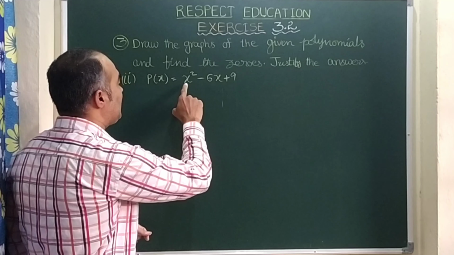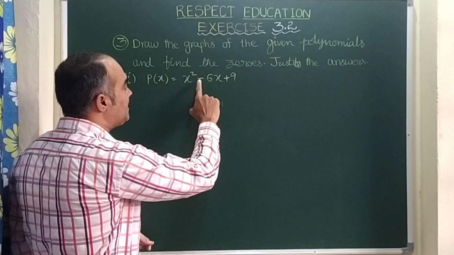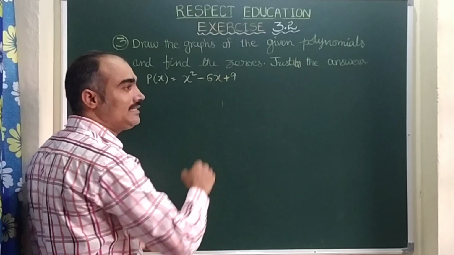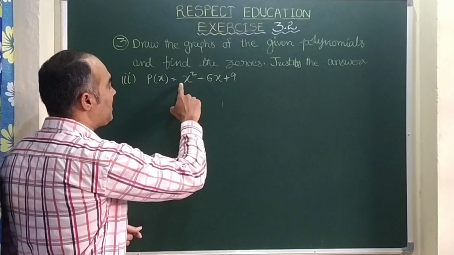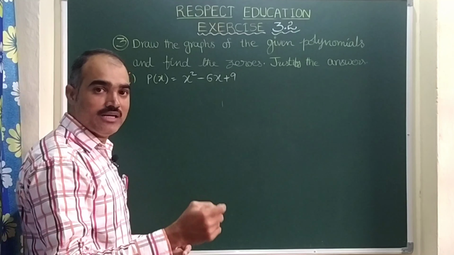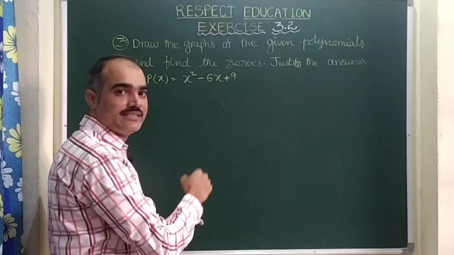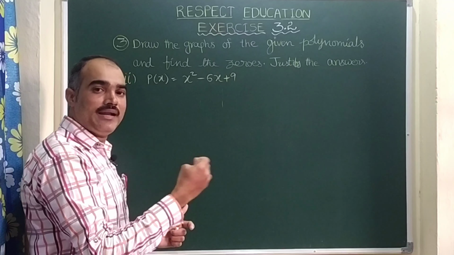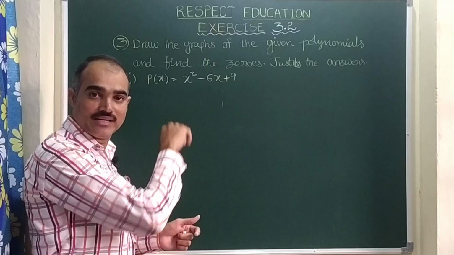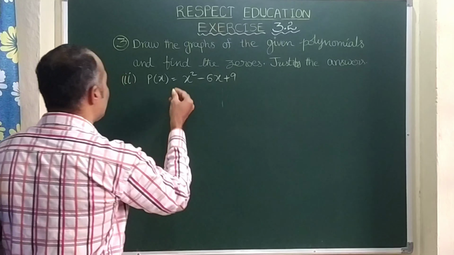For example, if I take minus 1, then minus 1 whole squared is plus 1. Minus 6 into minus 1 is plus 6. So 1 plus 6 is 7, 7 plus 9 is 16. So whatever negative number you take, nowhere do you get the chance to get 0. Minus 1 gives 16, and minus 2 gives bigger than that. And again there will be a problem for the graph while taking the scale, especially on the x and y axis. That's why let us omit the negative values. Now let us start with the positive values.